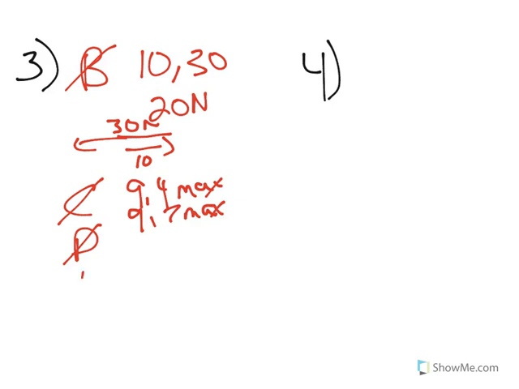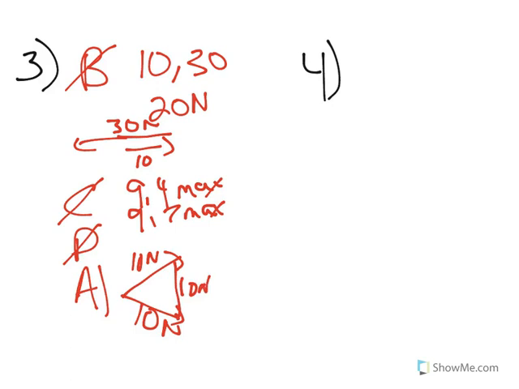So the only answer left is A, and that's because you could draw them in such a way that you could get 10 newtons. You could draw it with a 60-60-60 triangle and get 10 newtons on every side, and that one would work. So it's A. Number 4,